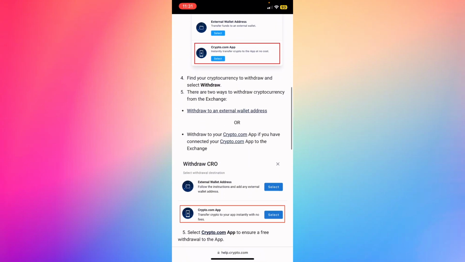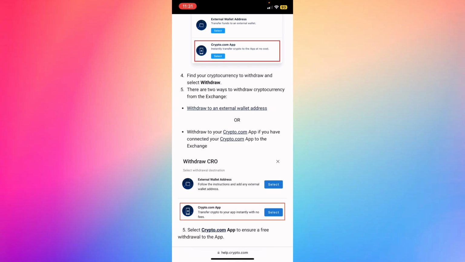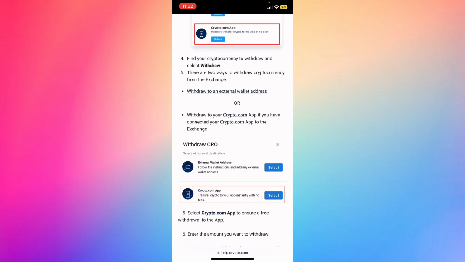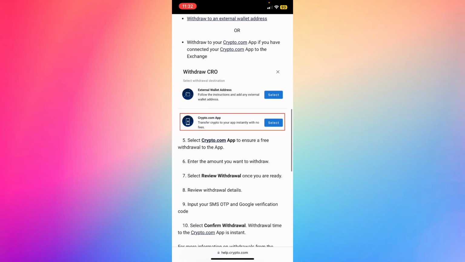There are two ways to withdraw cryptocurrency from an exchange: withdraw to an external wallet address, or withdraw to your crypto.com app if you have connected your crypto.com app to the exchange, right? And now what you're gonna do after you select, for example,